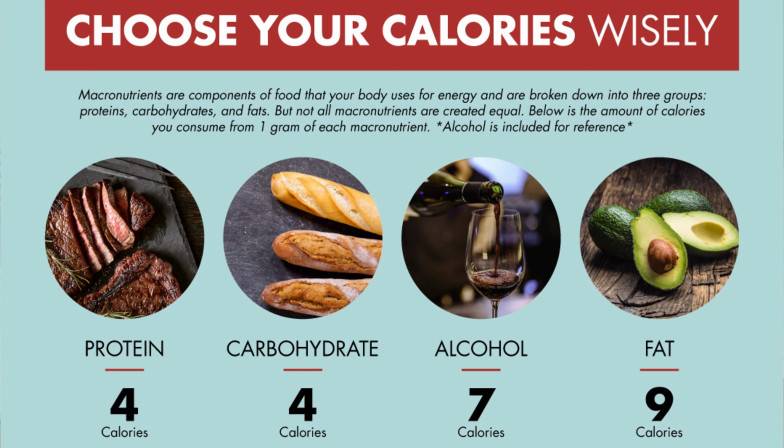Now we know what our maintenance calories are and what our deficit is. Now it's time to figure out how much protein, carbs, and fats I should be eating. Or in other words, it's time to get the macronutrient balance correct. Before we get into the next part, you should know every 1 gram of protein has 4 calories, every 1 gram of carbohydrate has 4 calories, and every 1 gram of fat has 9 calories. Keeping this in mind, it's time to figure out how much protein I should be eating in a day.